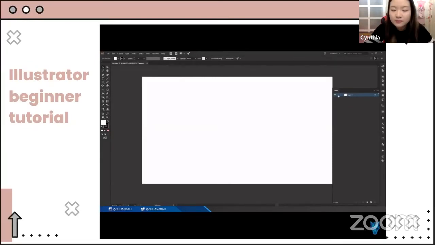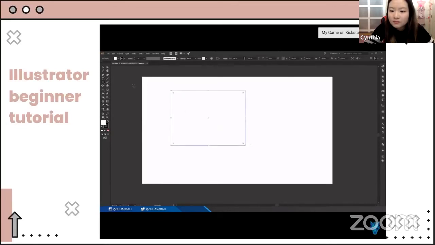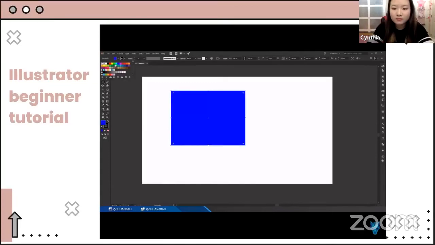Layers act just like any other program, so a layer on top will show those objects on top of other objects and vice versa. One of the most common tools in Illustrator is the rectangle tool. You can hit M on your keyboard to bring it up, or you can click and hold on the rectangle and it'll bring up all these sub-tools. If I just click and drag, I can draw a rectangle like so. I can also see the toolbar on the top change once I've made this rectangle. So I can change the fill and stroke and all the other settings about this rectangle. If I want to move around or transform this rectangle, I can just hit V on my keyboard to go to the selection tool. From here, I can grab the corners of it, I can scale it, I can do whatever I want.